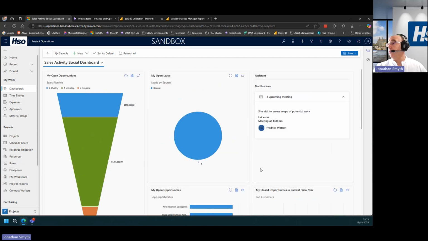And then just up here at the top we can see that we've got our virtual assistant, which is looking through for any meetings and telephone calls, and the virtual assistant provides me with notifications of, in this example, an upcoming meeting with a chap called Fred Watson this afternoon at 4 o'clock. So it makes it very helpful for us in terms of presenting those meetings and those activities so that we